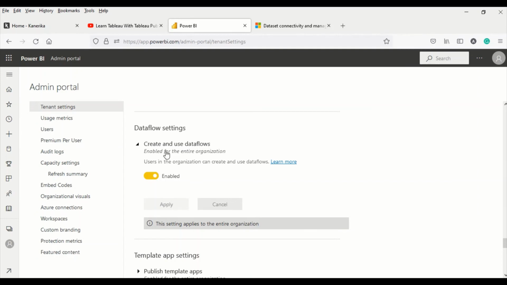Now here what we are saying is, create and use data flows, so that users in the organization can create and use data flows. I think this is today's necessity, the way new modern Power BI is going to be developed. I think data flows are going to be used more predominantly than other things. Now what happens in case of data flows, we can load the data directly into the Power BI service, for whatever we can access in Power BI service, and we can even schedule incremental refresh out here, and we can do data transformation. So the Power BI part can be done here.